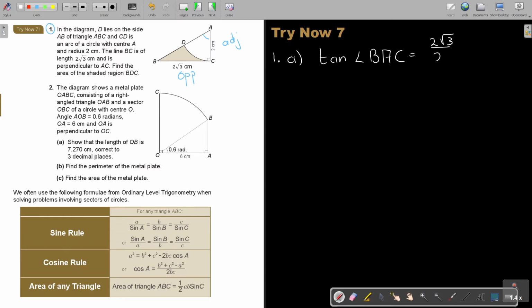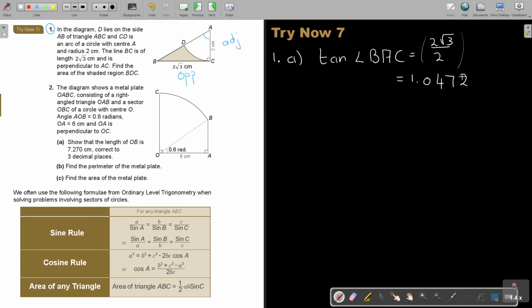over adjacent 2. So basically, I'm just going to say 2, okay, let's take square root 3, multiply 2, divide 2 equals. Okay, let's see if my calculator will do that. Shift tan equals. And I'm getting on my calculator, in this case, 1.047. I think if you make it to 4 decimal places, it will be accurate. Okay. So otherwise, if you press on your calculator, shift tan, and then just put that in bracket, you will